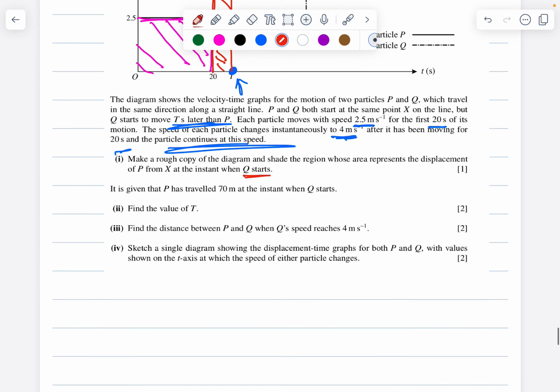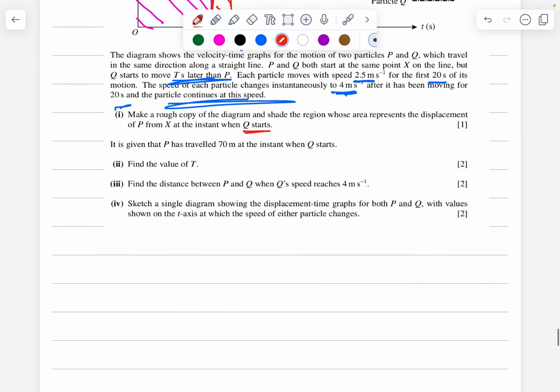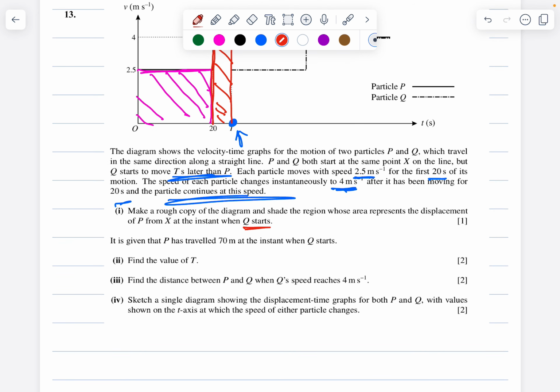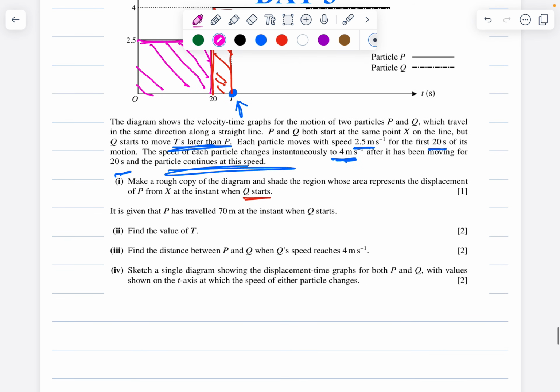It is given that P has traveled 70 meters at the instant Q starts. Find the value of t. So that pink color region plus the red color region is going to be nothing but 70. The pink color region area is 20 times 2.5, plus the red color region. The red color region is nothing but